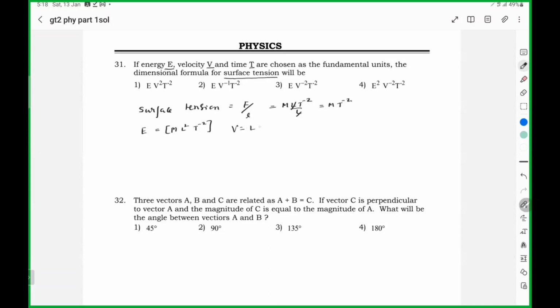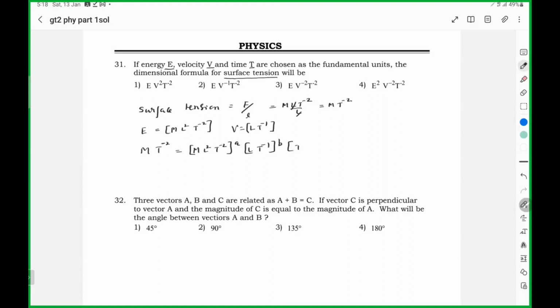For velocity, it is L T power minus 1. So we have to express surface tension in terms of energy, velocity